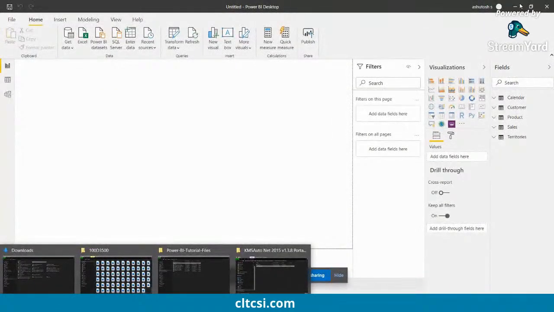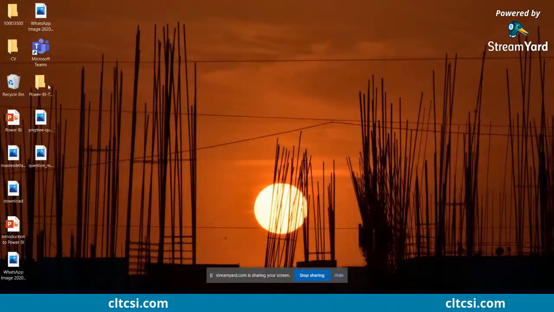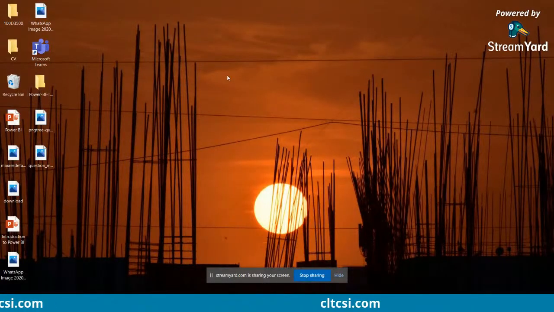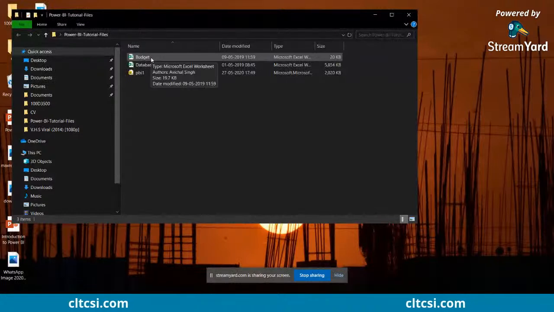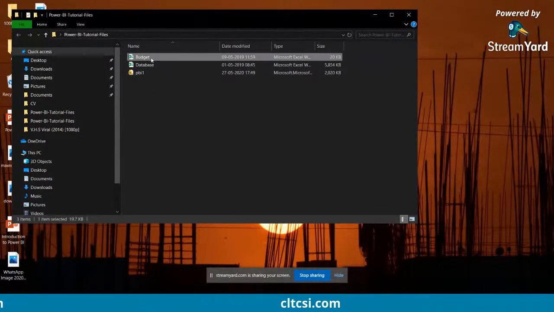Before importing it, that file is going to be the budget file. If you see this Excel,